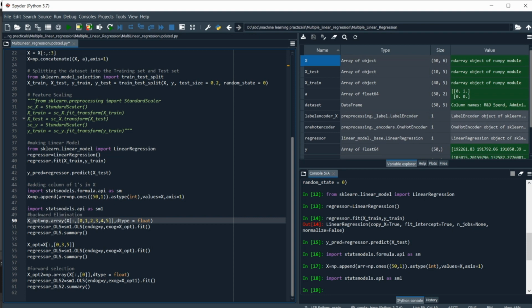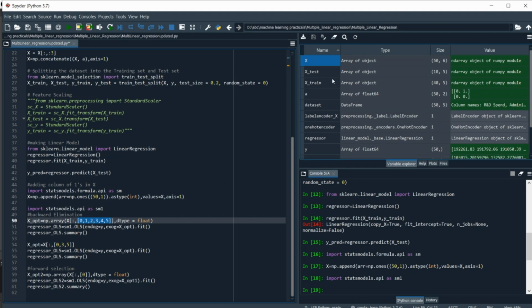Now in backward elimination, we first create a collection of all the independent variables. So we created a new variable x_optional, a collection of independent variables, using np.array. We pass x with all the rows, and then a list of all the columns, the independent variables that we are going to use.